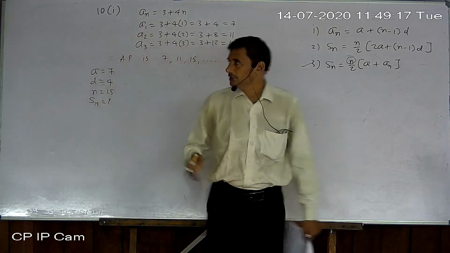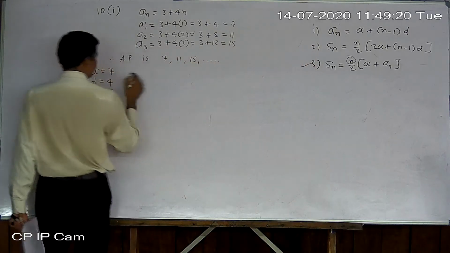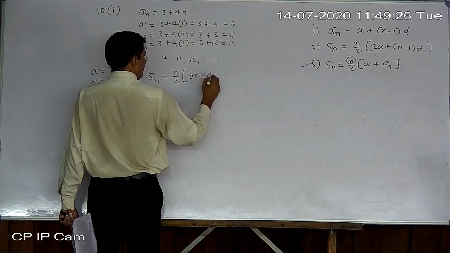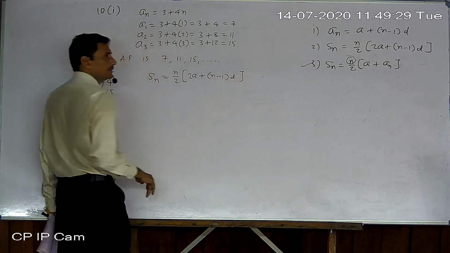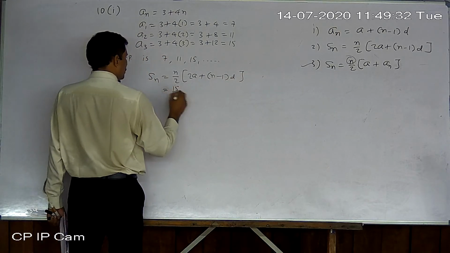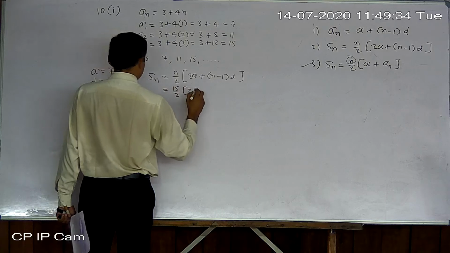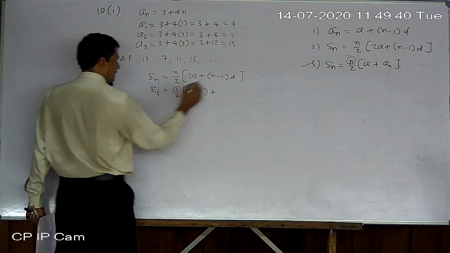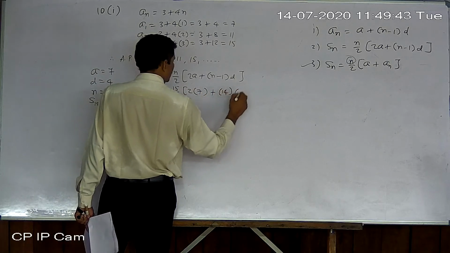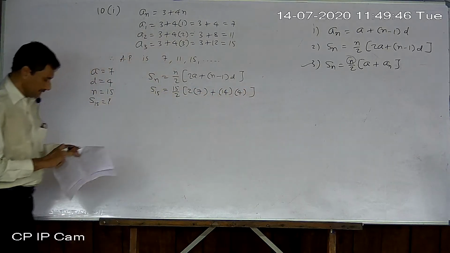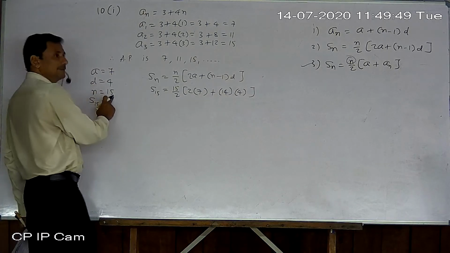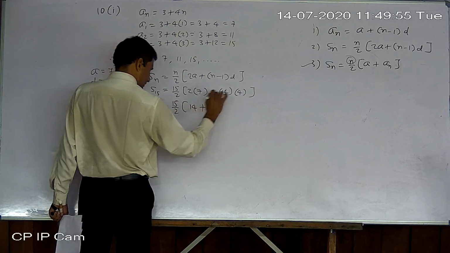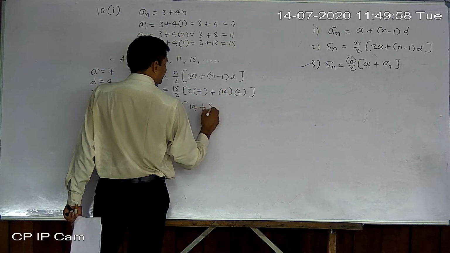Now nothing new. Just use that formula. Second number. So Sn equal to n by 2, 2a plus n minus 1 d. Write down all values. 15 upon 2, 2 into 7. n is given here 15. So I write 15 minus 1, 14. And d is 4. Okay. Sum of first 15 terms means n equal to 15 given. Now it is 15 upon 2, 7 twos are 14 plus 14 fours are 56.